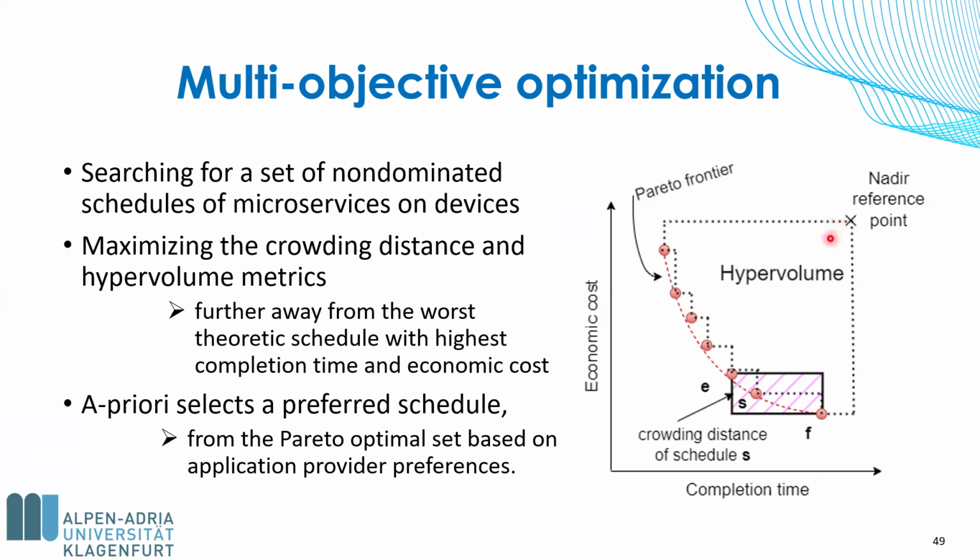And as we get further from this point, the scheduled solutions which are on this frontier are better than the nadir point, and as we get to this ideal point, which has zero time, zero cost, the solutions get better. However, as you can observe, here is the frontier, which consists of the almost optimal solutions, and